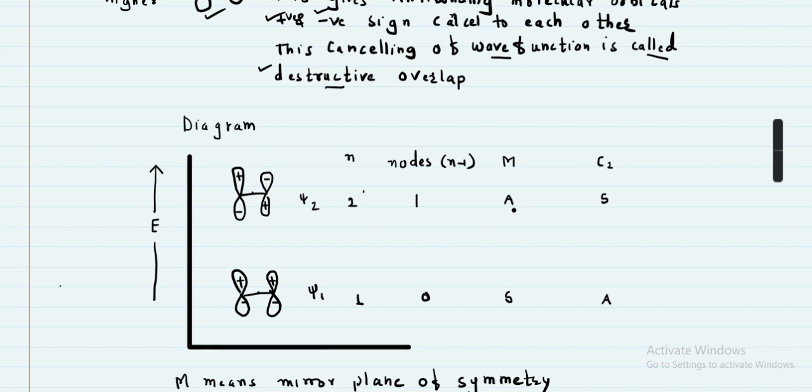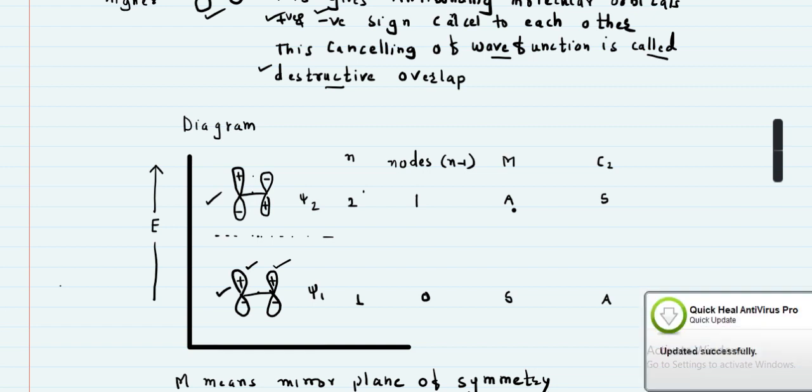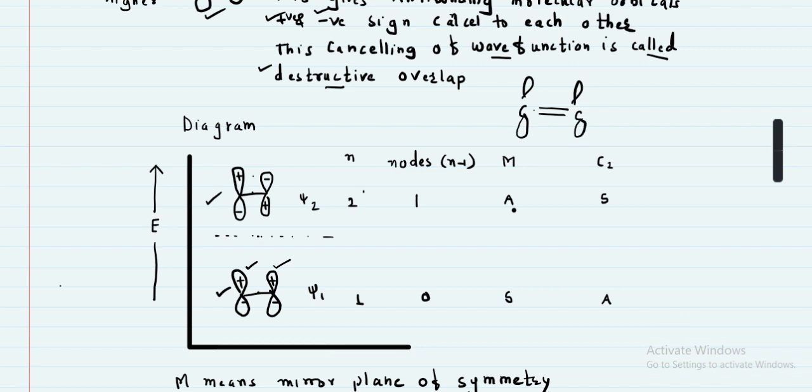Therefore the positive orbital combined with the positive orbital is a stable one. The stable orbital we always write at the bottom. The second one has higher energy than this one, and that is the unstable one. In this case the ethylene molecule looks like C double bond C. When C double bond C is there, the first carbon has a p orbital and the second carbon also has a p orbital. Therefore there are two p orbitals present.